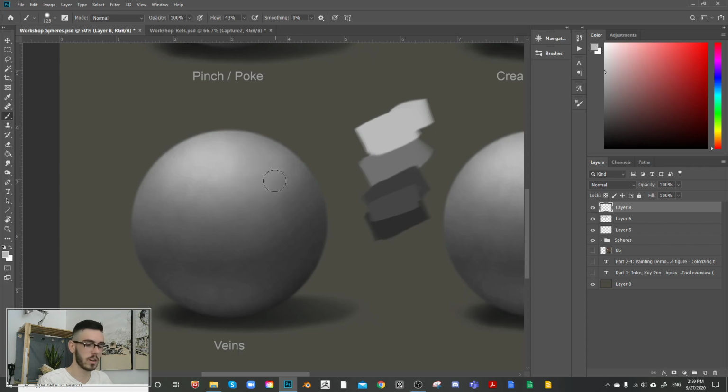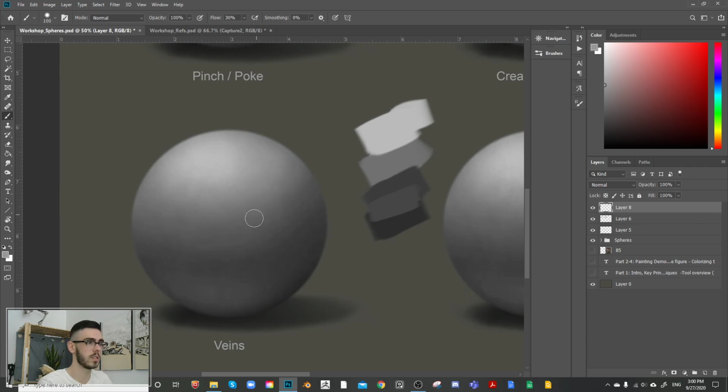So I'm going to start with a lighter color, and really, you can turn your flow down. I forgot to mention this, but when I'm painting skin, if my flow's all the way up, it becomes quite difficult to control my pen pressure, because these brushes are made so that you don't have to press really hard to put down 100% opacity. So I turn my flow down to 30-40%, so that it's easier to lay down transparent layers of paint or value. So I'm going to select a lighter color and sketch in